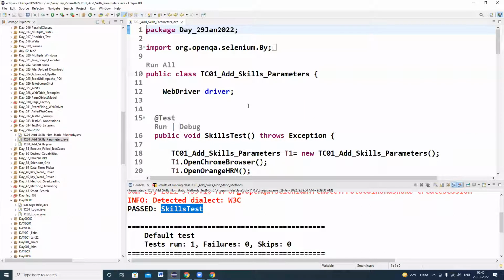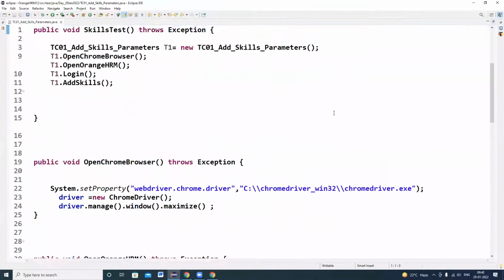Okay, right. Now you can tell me. In the parameterization, what is the first step I need to do?